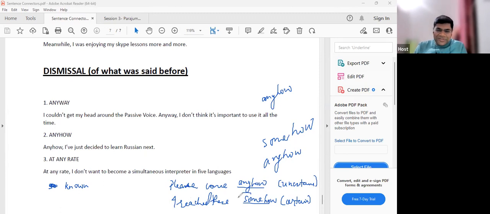तो ठीक है भाई, certain था ना पहुंचने का तरीका. Please come anyhow. मेरे को पता नहीं, आना ही पड़ेगा. So can I say this is substantial? This is not substantial, something like this. I hope you're able to understand this. You're going shopping, mommy tells you, please carry some money. कुछ तो जेब में रखो. You reach the shopping center and go, oh my God, I'm not carrying any money today.